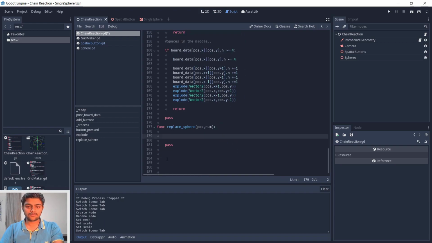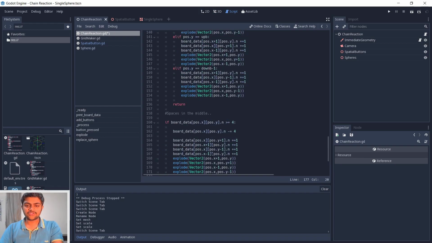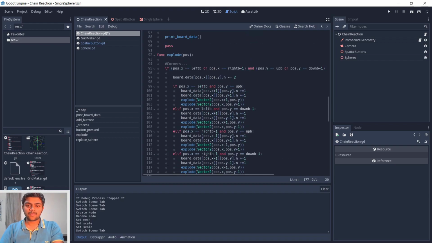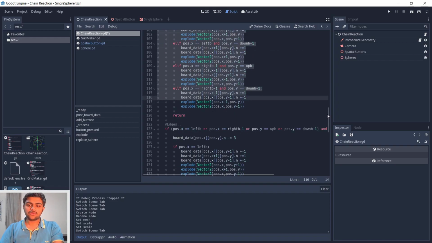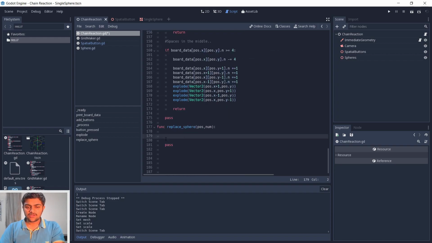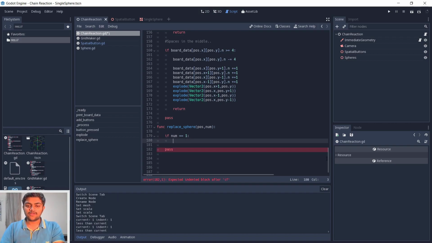Where shall we call this function? I think we should call it after. So yeah, we'll just write the function first. We'll do a check if num is equal to 1. That means we need to spawn a new sphere here, so var s, I'll make a new variable, that is single sph dot instance, to actually make a new instance